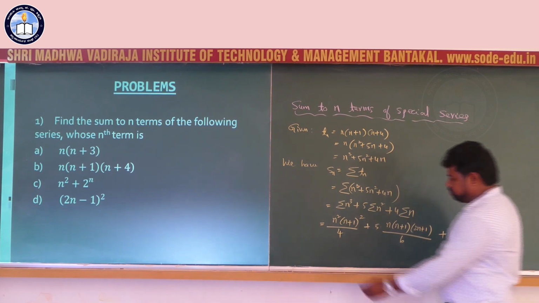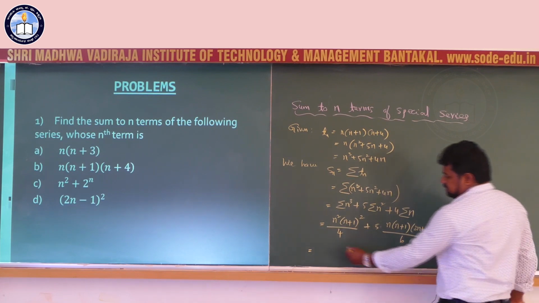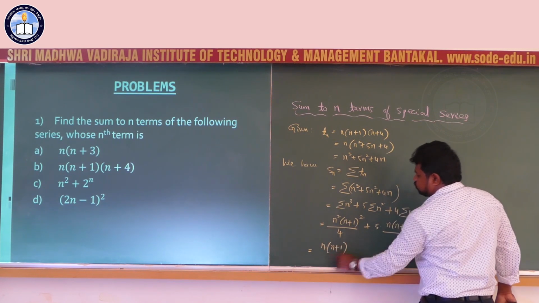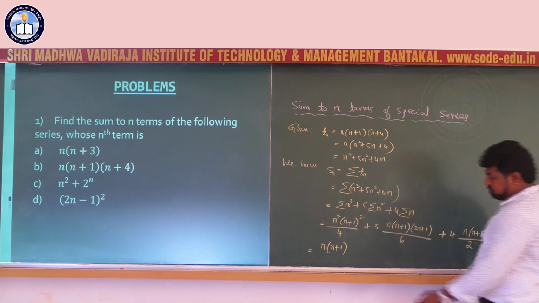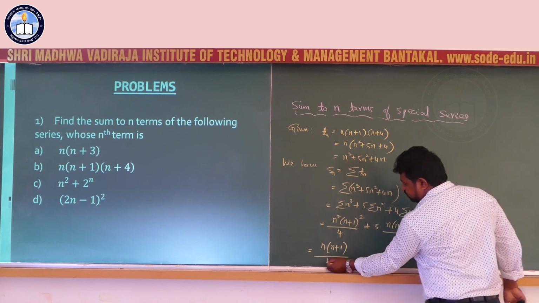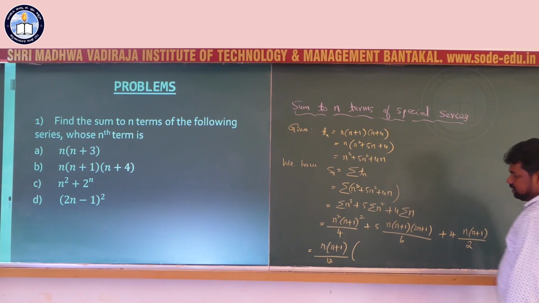That is equal to, here in all the terms n into n plus 1 is common, I take outside n into n plus 1, and in the denominator 4, 6, 2, I take 12 outside. LCM of 4, 6 and 2 is 12, I take 12 outside. But here only 4, so I take 12 outside, therefore 3 into